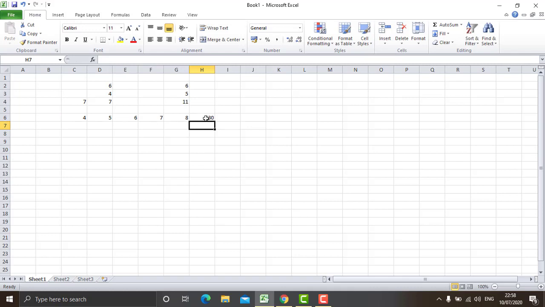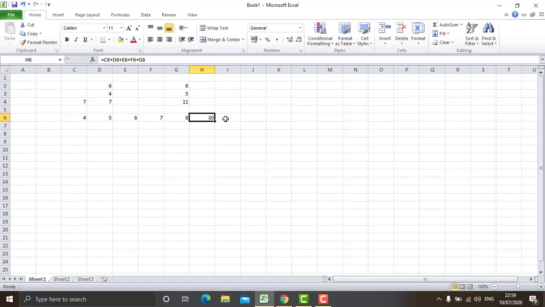So it is 30. The value is correct, but we can see the formula became a bit long: C6, D6, E6, F6 and G6. And suppose these values are in a long range. We have 5 values, but if it goes to more than 5 values, like 10 or 20 or 30 values, you can assume how long this series will be. So just to avoid that, we write range of cell. Range of cell means from where to where the values are, starting and ending.